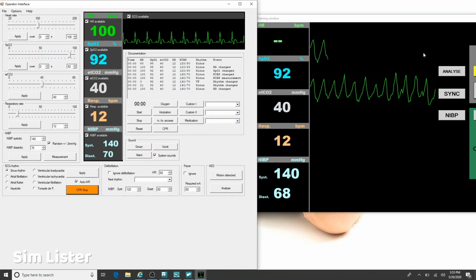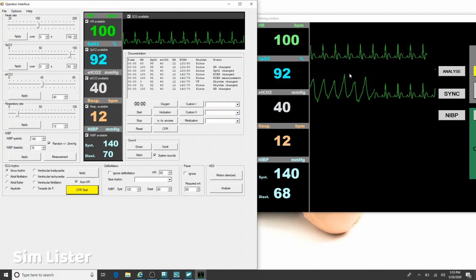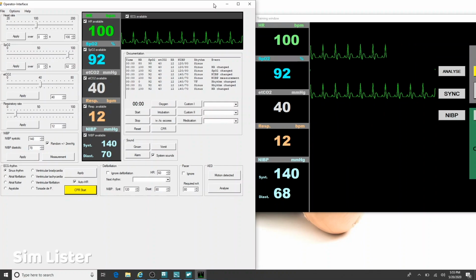Okay, so once we hit stop, it's going to go back to normal. So if one of your participants says I'm doing CPR, you click that button. It makes it look a little bit more realistic, right? So we're actually going to,